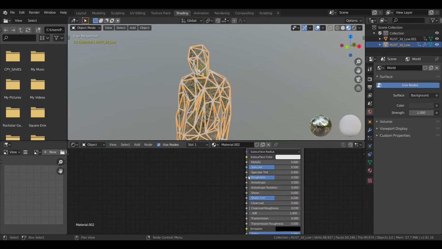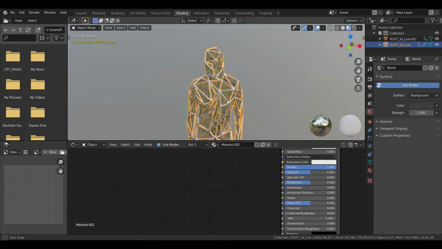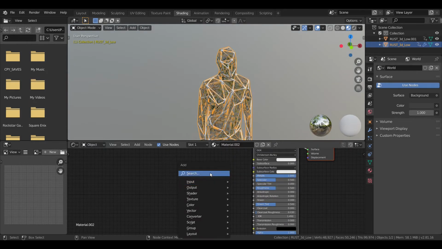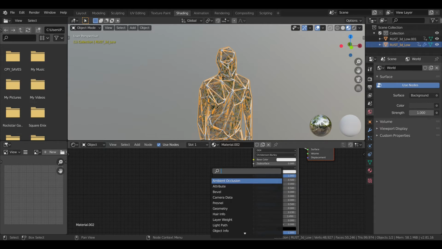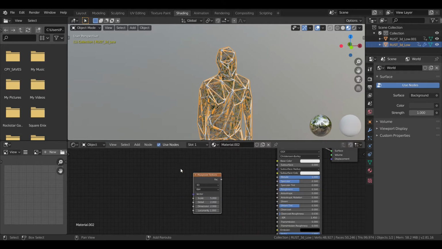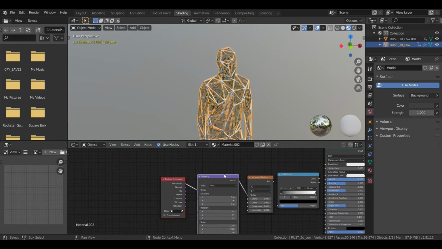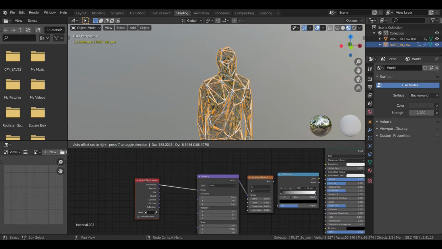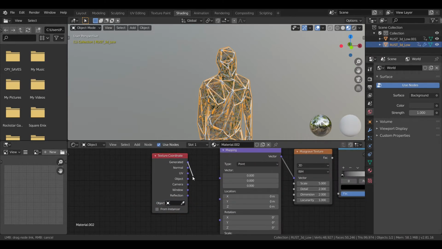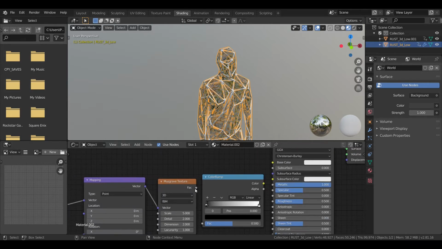Again we'll play with the, so first of all it should be metallic. Now we'll play with the roughness, Shift A, and it needs a Musgrave texture. Obviously it needs a color ramp, so we'll add a color ramp and Control T on the Musgrave, so we get the mapping texture. And I guess it's pretty much it. Vector, object to vector, factor to factor, color to roughness.